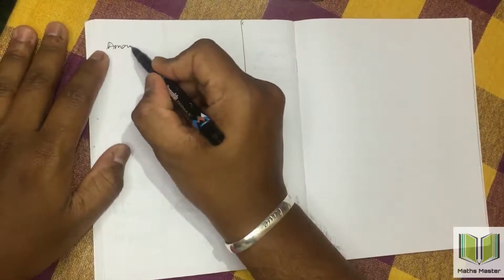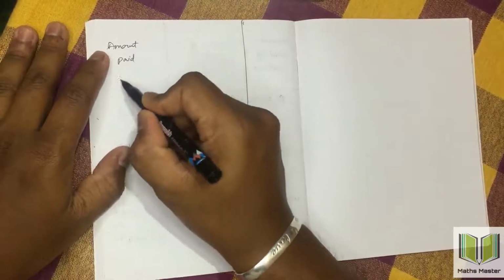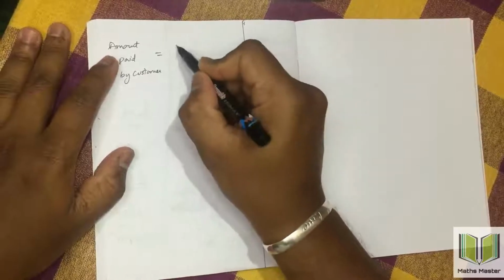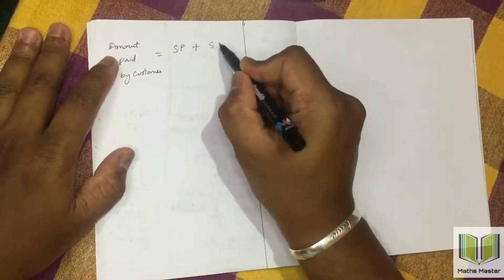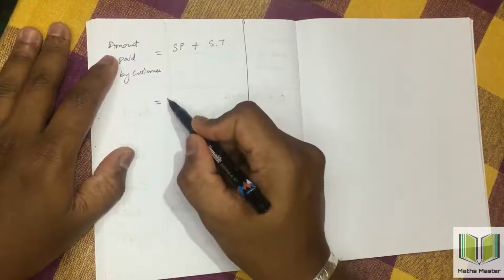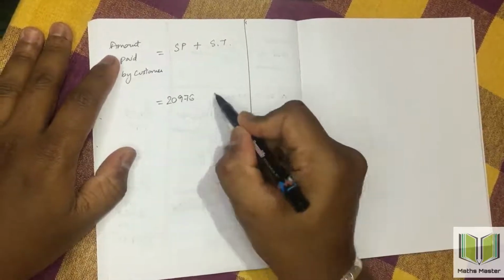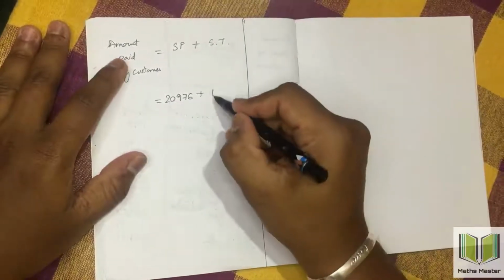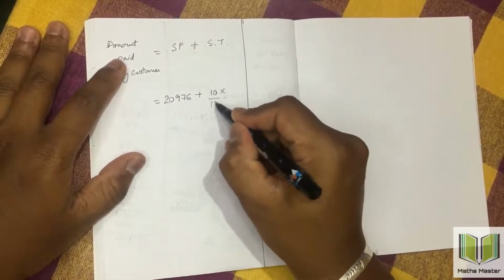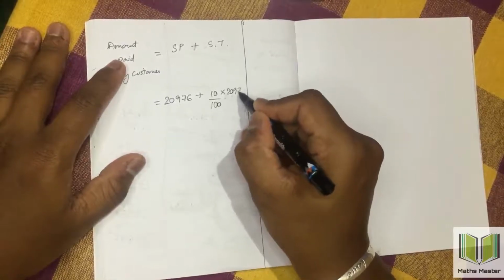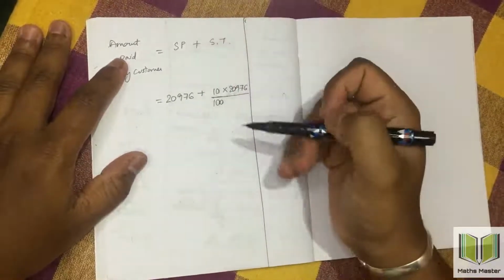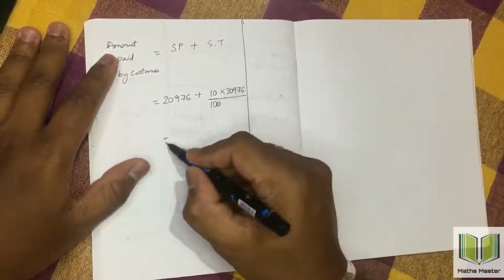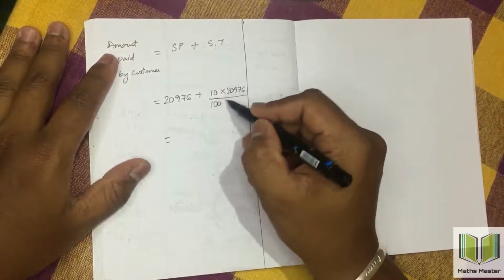Amount paid by customer equals selling price plus sales tax. So selling price is 20,976 rupees plus sales tax will be equal to, they have given sales tax percentage is 10% of 20,976, the same formula which we used in the first problem, rate of sales tax multiplied with sales price divided by 100. Okay, when we do this one, we'll be getting